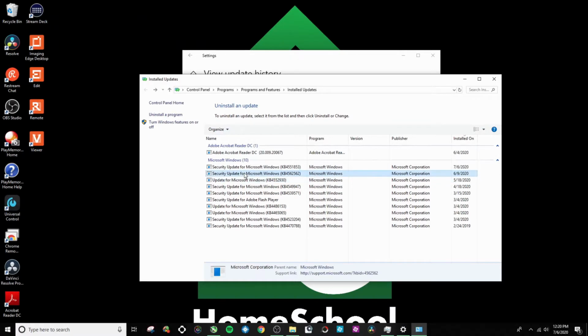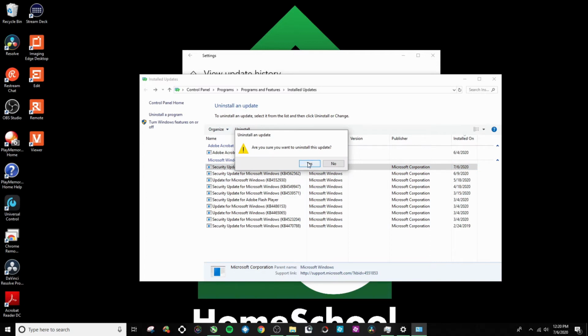So how you uninstall an update is you go to the update that you believe is causing your problem. You select it and hit uninstall here. It's going to take a few minutes for that to uninstall, and then it's going to ask you to restart